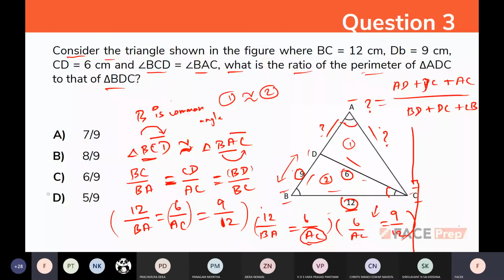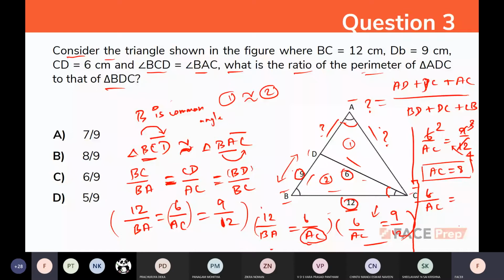Let's take this pair divided by AC is equal to 9 divided by 12, which is 3 by 4. If we cross this 2, here it will be 2. So AC is equal to, if we cross multiply, answer will be 8. Oh, this is the mistake. Okay, I got it now. 6 divided by AC is equal to, AC equal to 8. We found that.